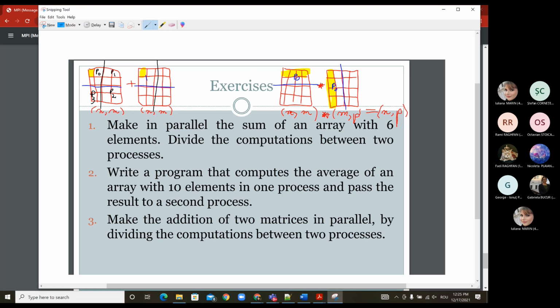So here it's again with process number 0, process number 1, process number 2, process number 3, and while here you've got process number 1 and process number 1. So this is how you can split it and divide it between the two of them,